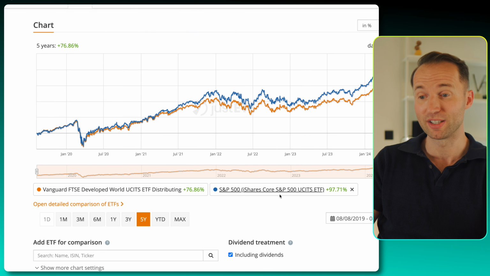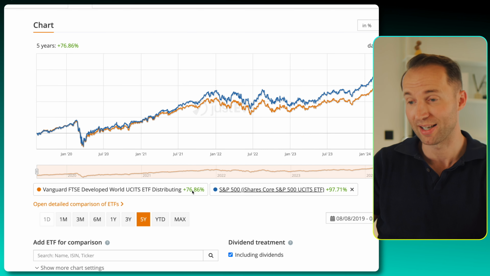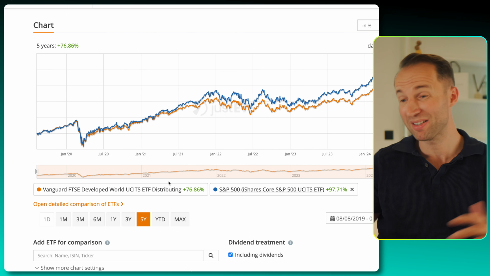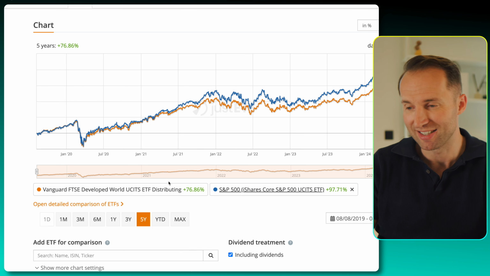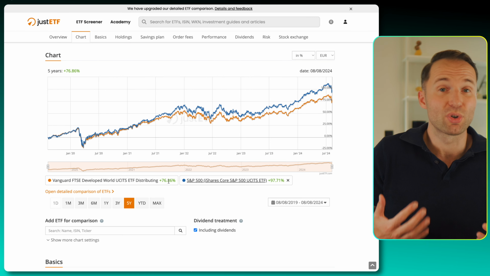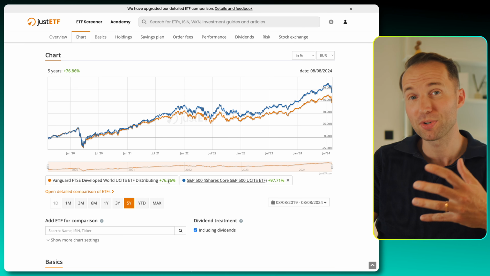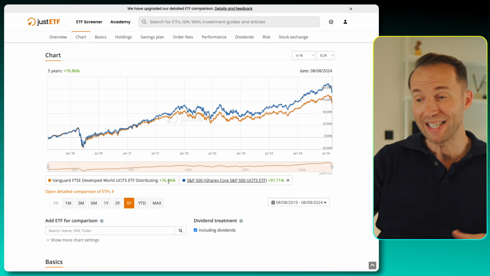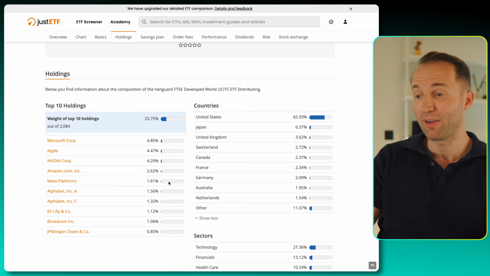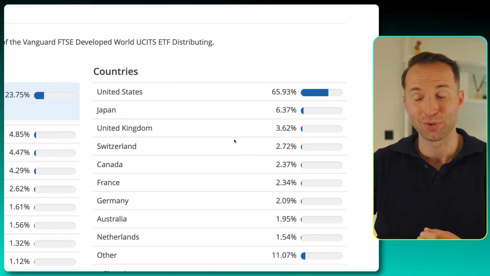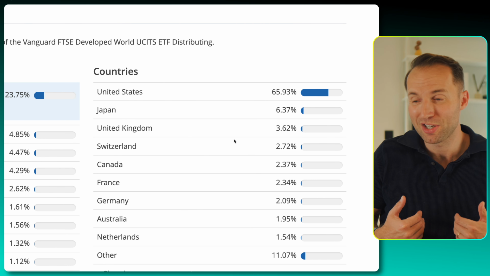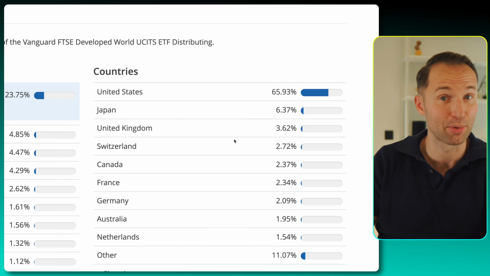And the Vanguard FTSE Developed World, that's the holdings we just had a look at, slightly underperformed, but still actually not bad at 76%. So definitely, something to consider in case you wanted to diversify. I think that could be a potentially good option, all world, developed world ETF, to kind of break away from, instead of relying 100% on the United States, which I'm doing actually right now, you might want to include a couple of other countries